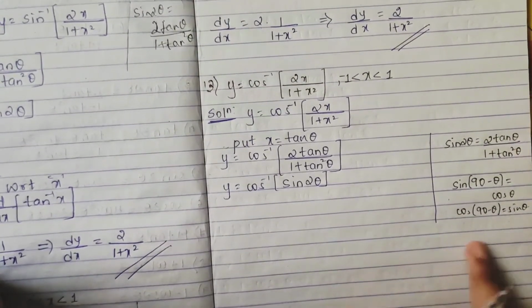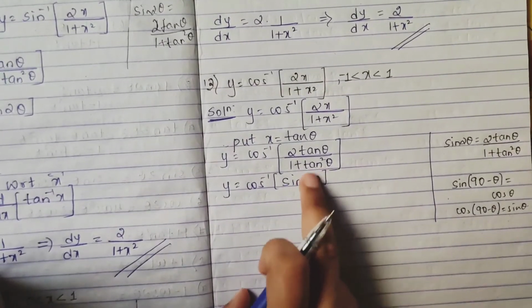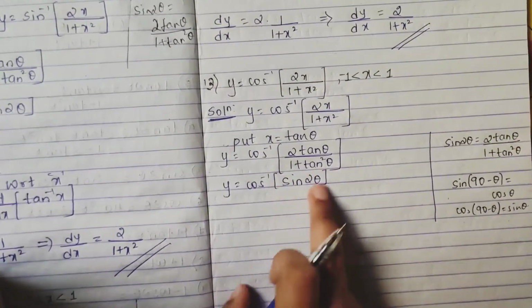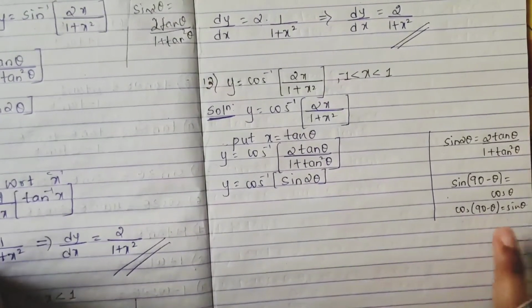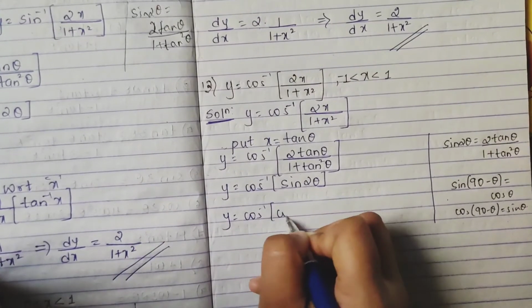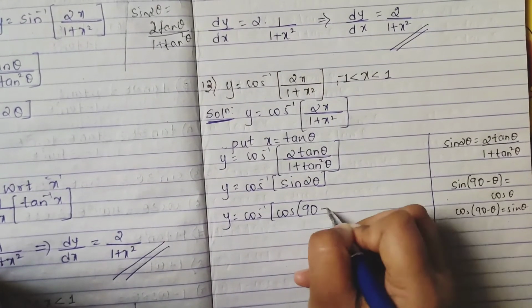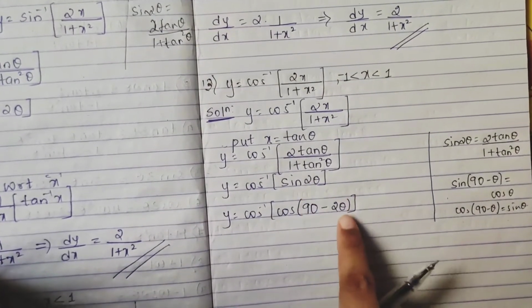So in the same way, sin 2 theta, here theta value is what? 2 theta. I can consider this as a whole sin theta, right? And sin theta is given as cos of 90 minus theta. So this will be replaced by cos of 90 minus theta. Here the whole 2 theta is theta, so here theta is 2 theta.